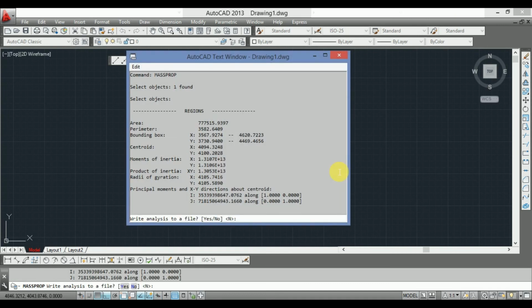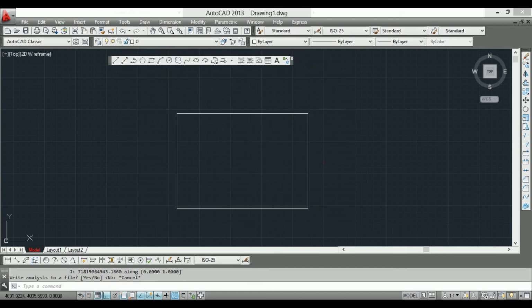You can see one window has popped up on the screen. Parameter is also there: boundary box, centroid, moment of inertia, product of inertia, radius of gyration. I can say it's the whole history of this section. The command was MASSPROP, mass properties.